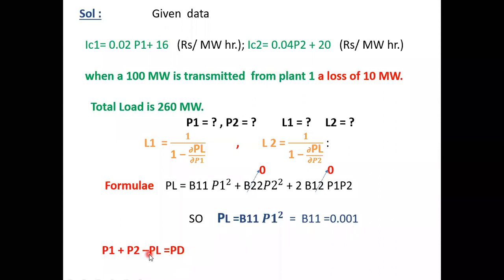Substitute here. This equation is in terms of P1 and at the same time P2. So you will get one equation in terms of P1 and P2 because we are representing PL in terms of P1. Similarly, we know the PD value, that is nothing but 260. So finally, you will get one equation in terms of P1 and P2. And one more equation: how can we get one more equation from the given data? That is, we know IC1 and at the same time IC2. Just try to equate these two. You will get one more equation. Okay, then do it and tell me the answers for P1 and P2.